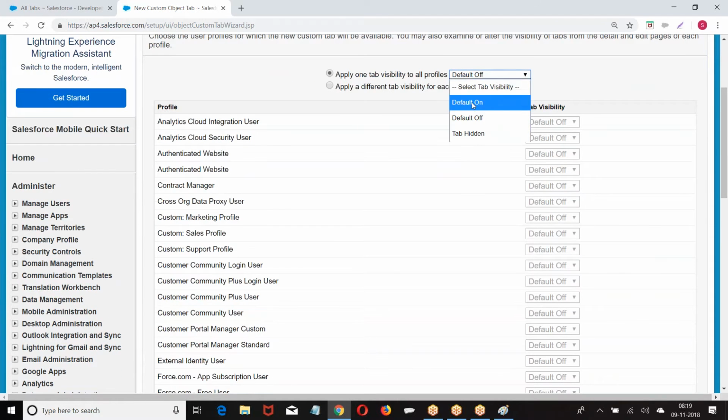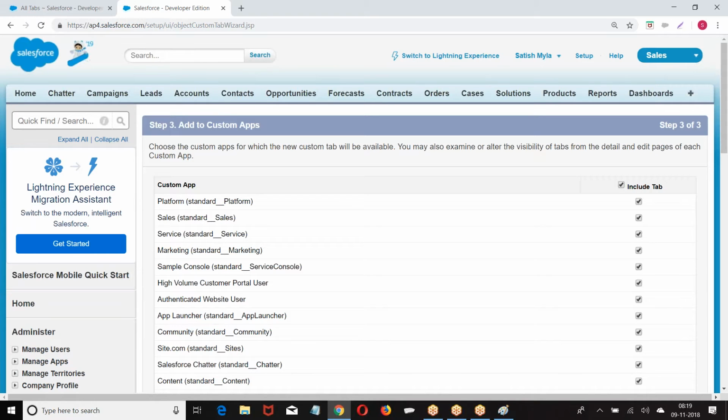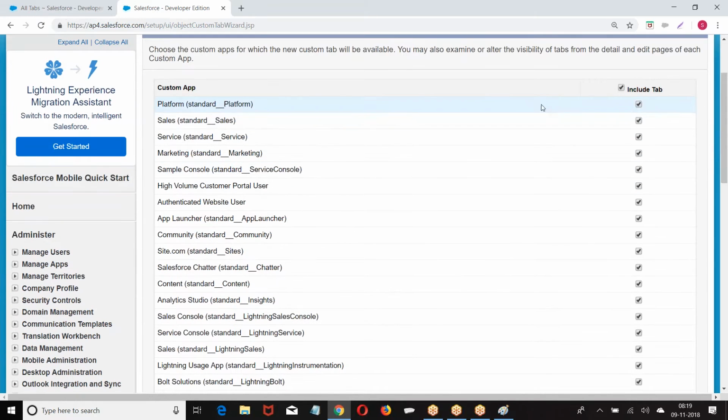Now look at the point. Next, you are creating a new tab. Now they are asking, this tab should be added to which application? At the time of creating an application, whatever tabs were there, I added them into the application. Now it is a new tab we are creating.